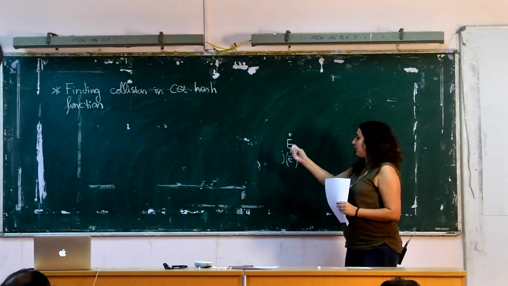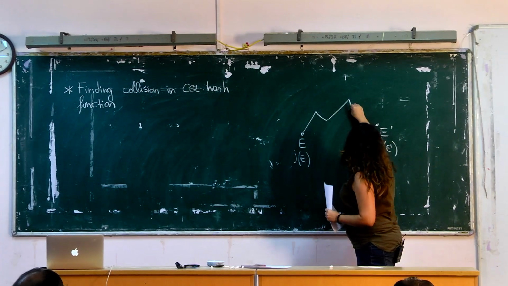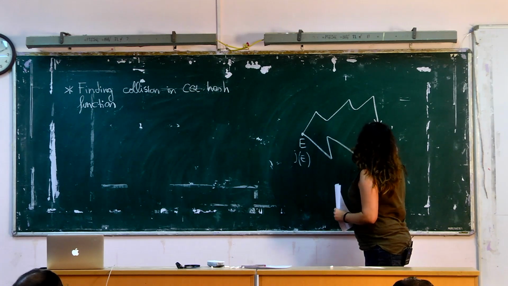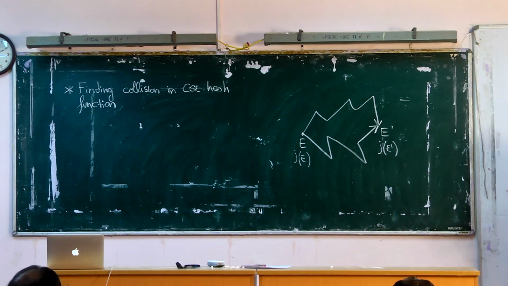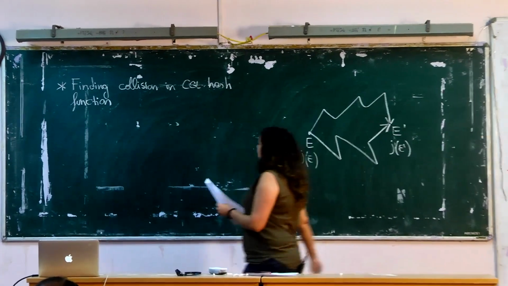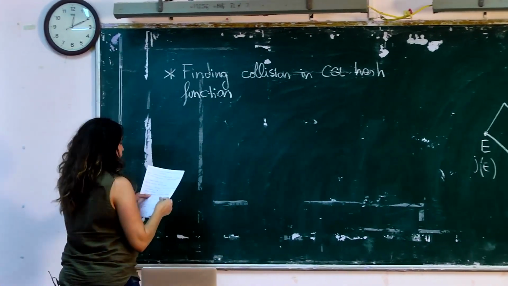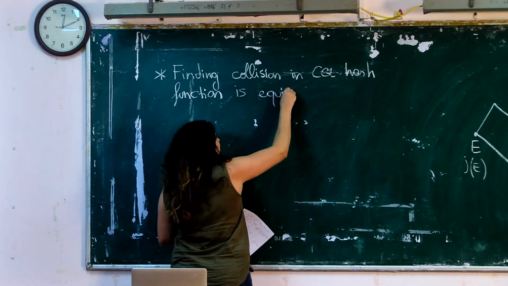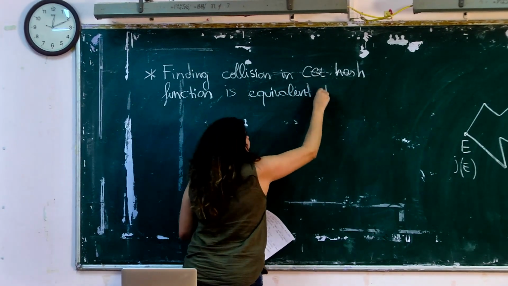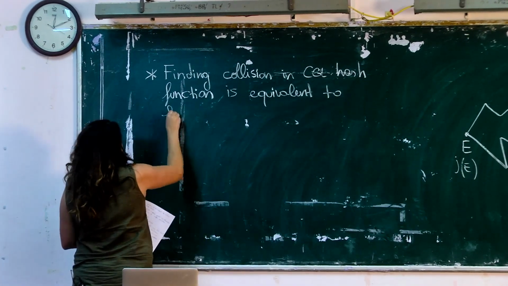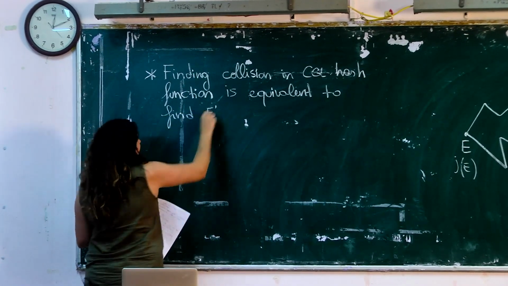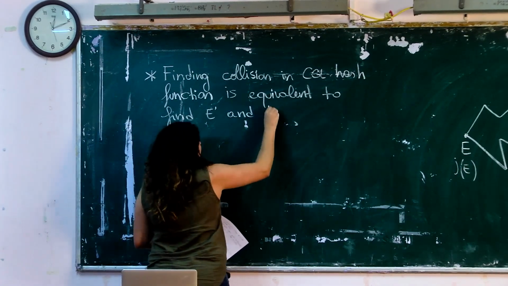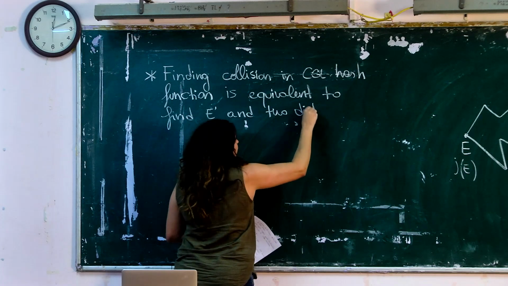Every input is a walk. So basically, I have two different walks that bring to the same output. So finding a collision in the CGL hash function is equivalent to finding an elliptic curve E prime and two distinct isogenies